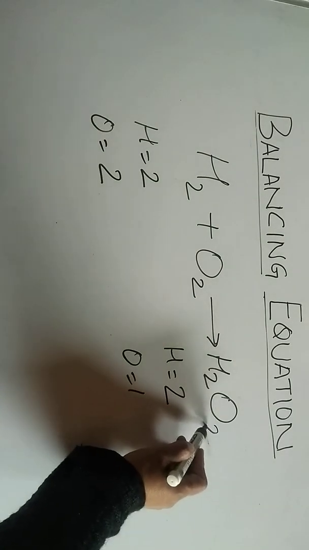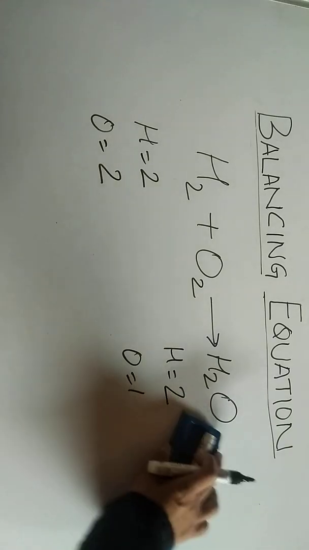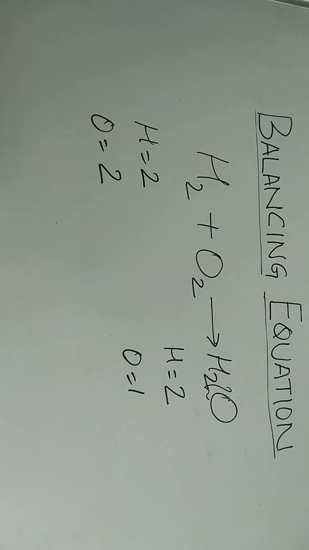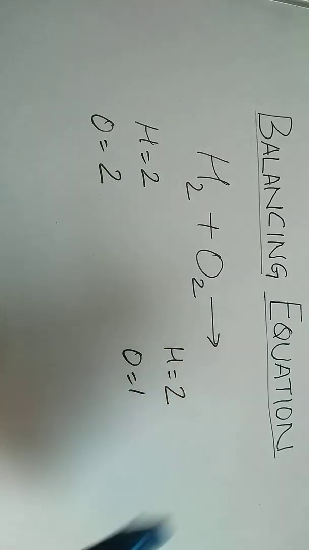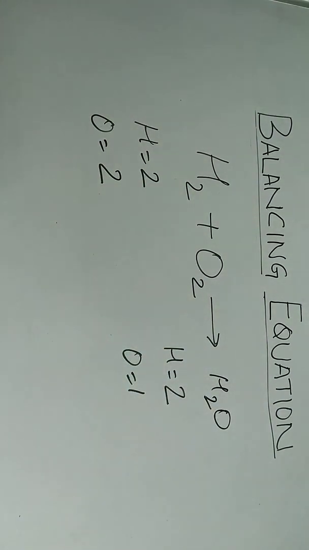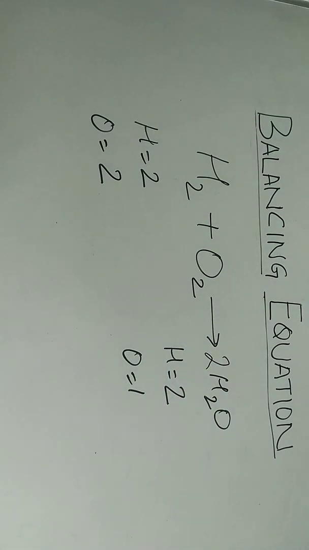We cannot say that we put a 2 here and look, our equation is balanced. This is going to become wrong. Alright. So you cannot put a 2 over here. You cannot put a 2 over here also. If you say that I'll put a 2 in front of oxygen and my equation is balanced, it is again going to become wrong. Right? So you can only put in front of the formula where there is a compound. This is the place where you are going to put the 2.